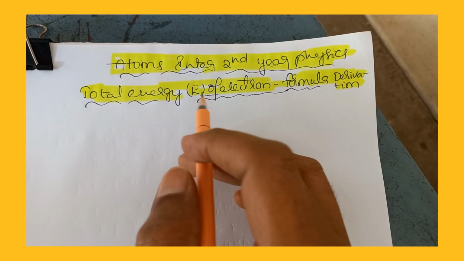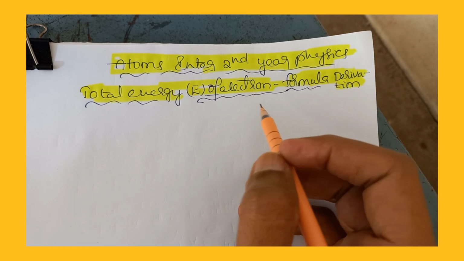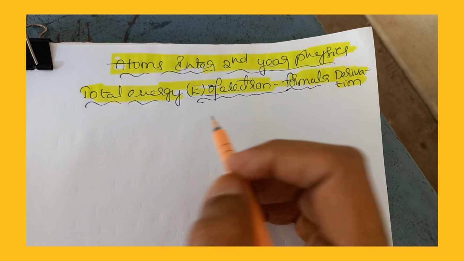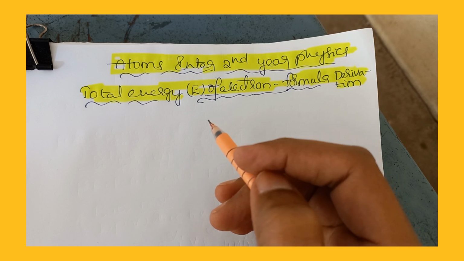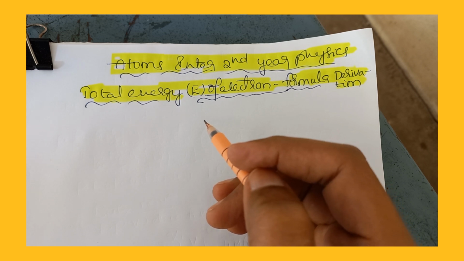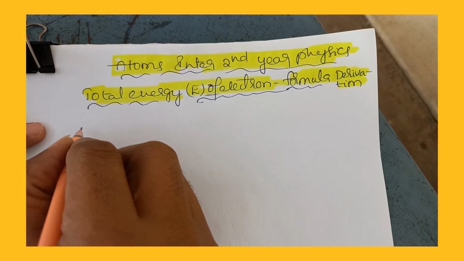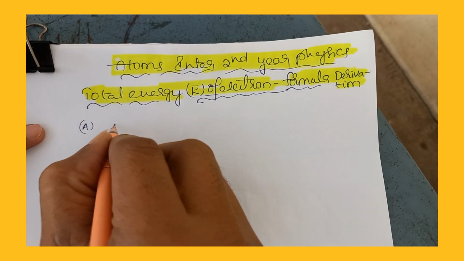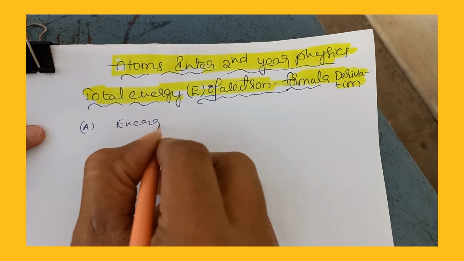Atoms chapter, inter second year physics, derivation of formula for total energy of electron. In the previous videos we explained the kinetic energy of electron formula derivation and also the formula derivation for potential energy of electron. Now, what about the energy of electron? So energy of electron